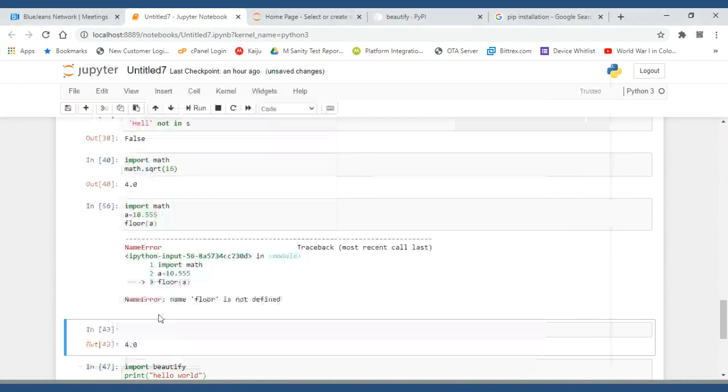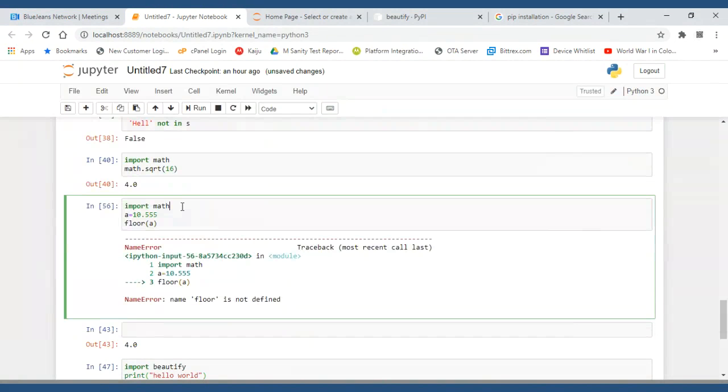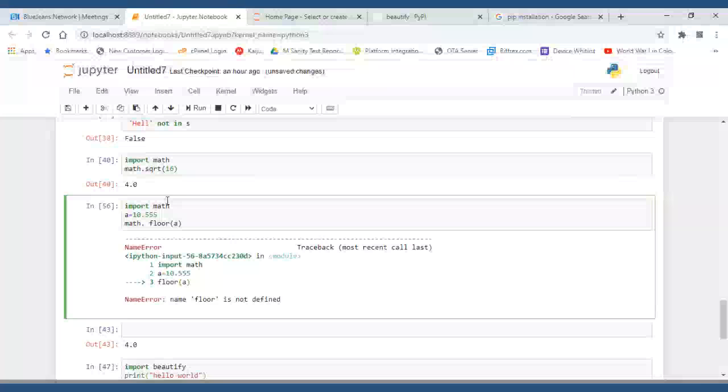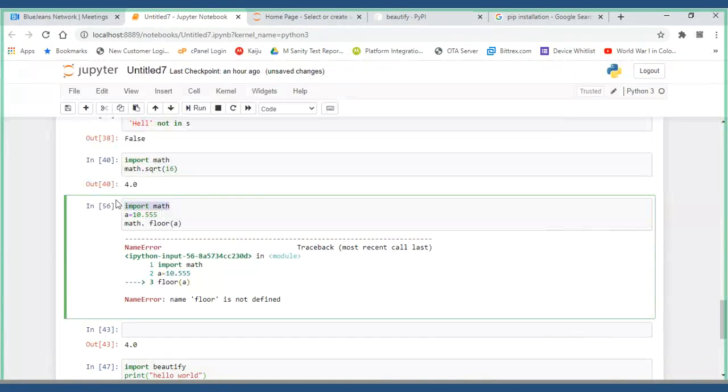I was completely in the mentality that I have already imported it, so it has to come. That was my intention. That is correct, Ravin, thanks for the clarification. It is math dot floor only. Because earlier what I did was import math as M. Correct, right? Like this also you can do it.